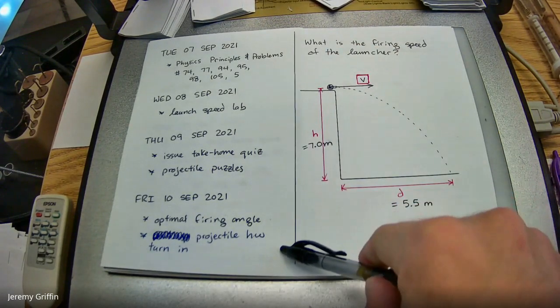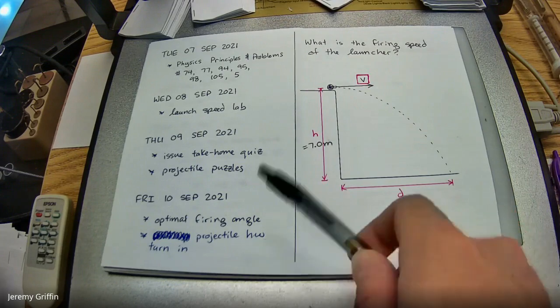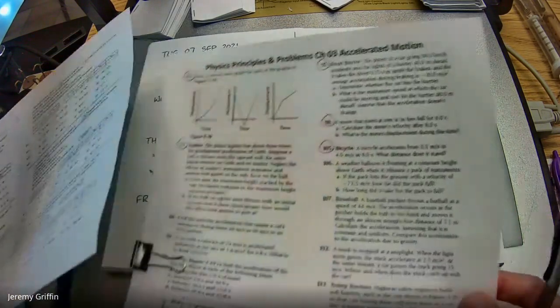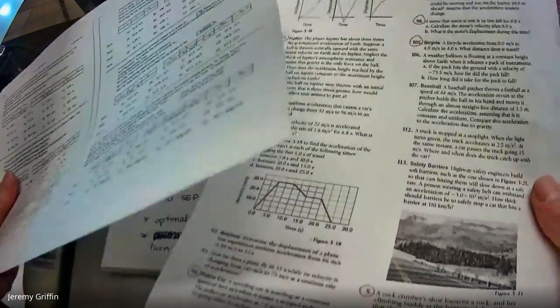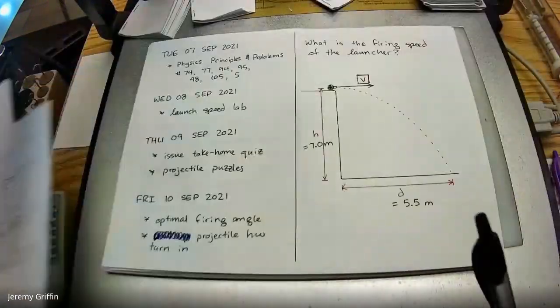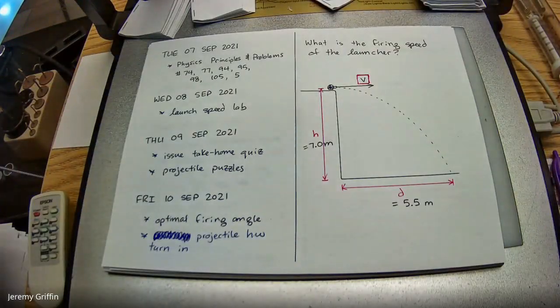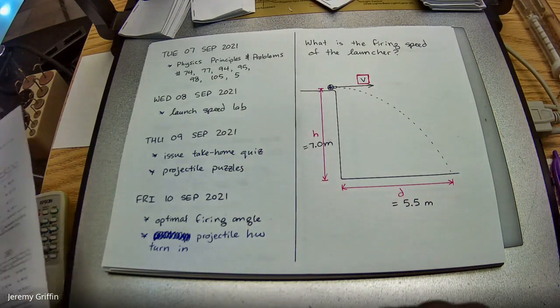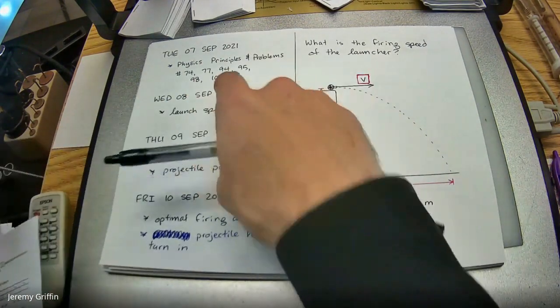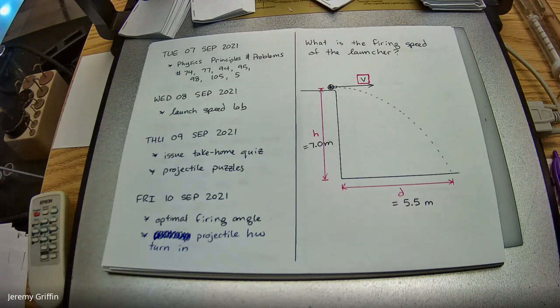I think at the time, it seemed like a good idea. I've got all these problems, so picking 8 seems pretty straightforward. I think in retrospect, that's been a confusing way to assign that. So in the future, I'll probably pick specific problems for you guys, to make it a little more straightforward.